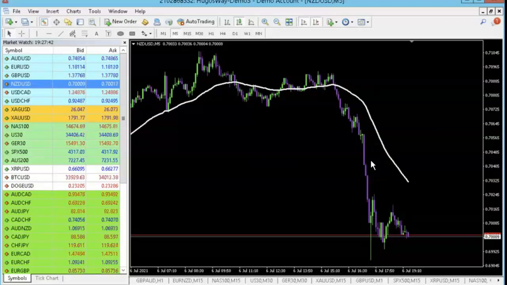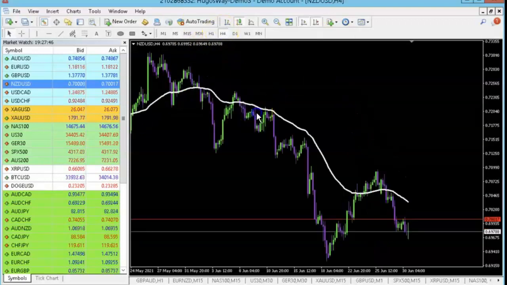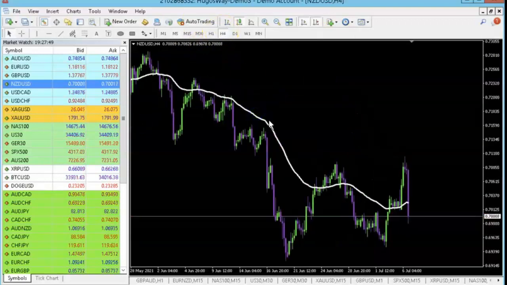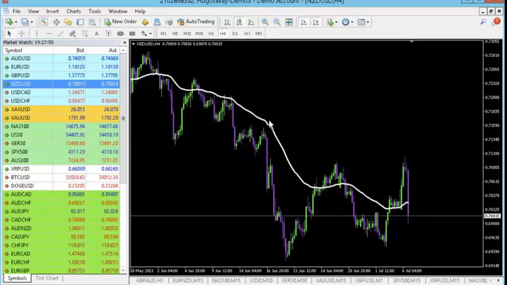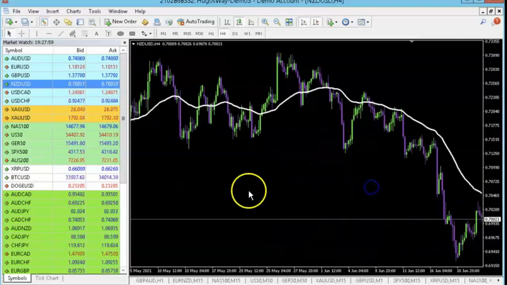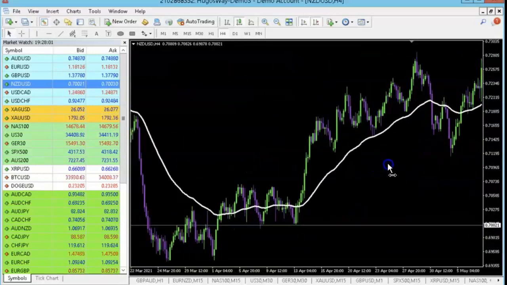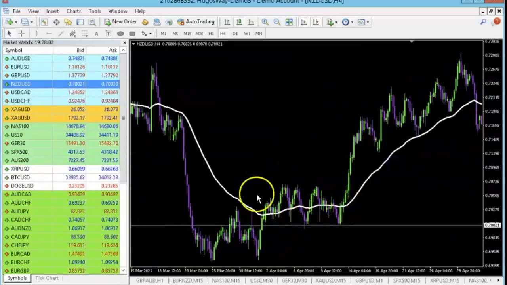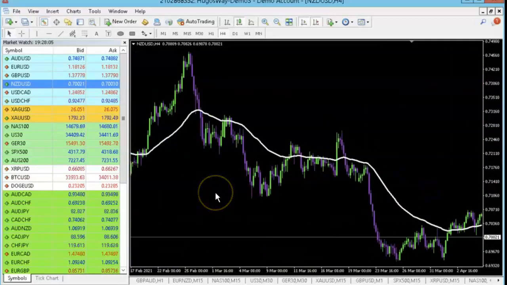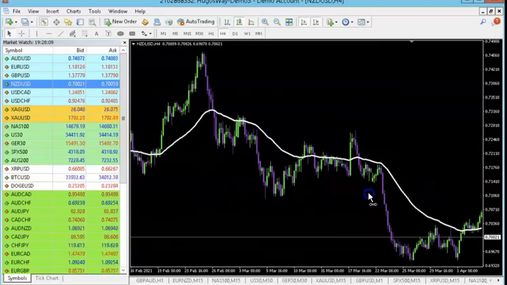So the reason I have my 50 on my chart is it just shows me the heavier trends. It's something that Wall Street used and all the stockbrokers used. It's one of the most tried and true old ways to see what the trend is doing. If price is below the 50, you're in a seller's market. If price is above the 50, you're in a buyer's market. And if you're sitting near the 50, you're consolidating. Just a really generic, not necessarily super informative, but very generic way to view the market